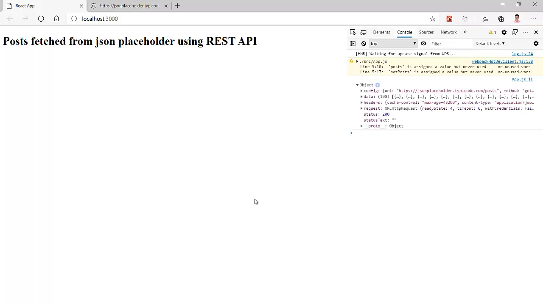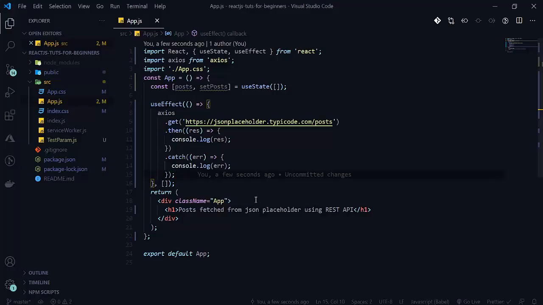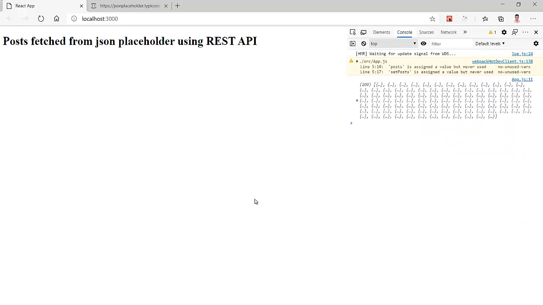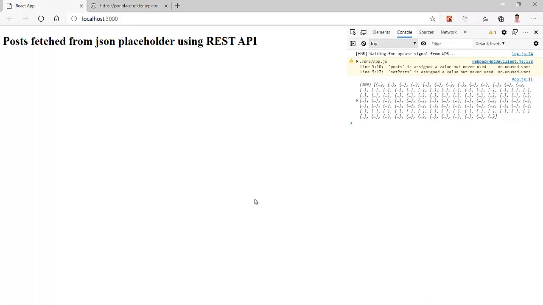See that we are getting one object, and in the object there is one data, which contains an array. So we are getting our whole response here. If I write response.data, because we are getting an object and then there is data, see that now we are getting an array of 100 posts. There are 100 posts.